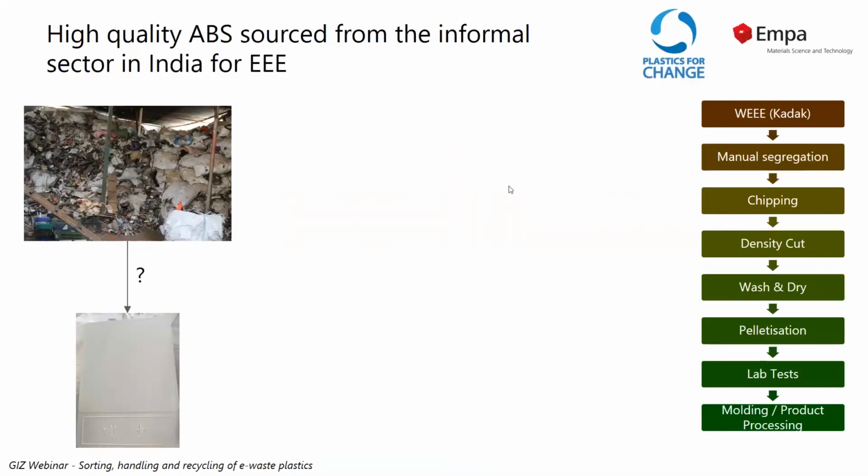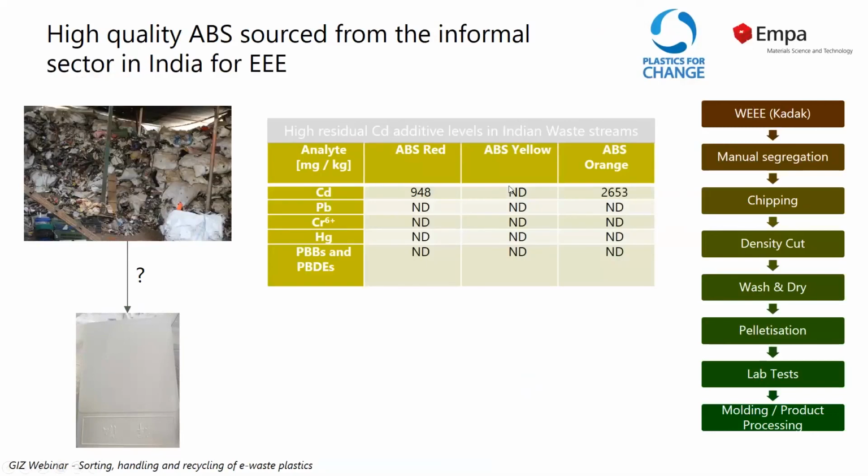And what is important here to know is that not only did we have to identify what type of plastic it was, so here we were looking for ABS, but also we had to make sure that we're not introducing heavy metals in a too high quantity. So cadmium is an element that has been banned nowadays or restricted in use for the electronic sector. So we were not able to, based on these analysis, use red and orange ABS plastic as an input feed